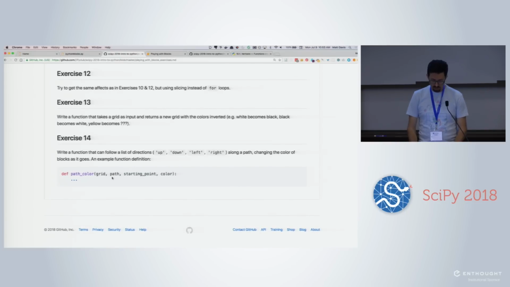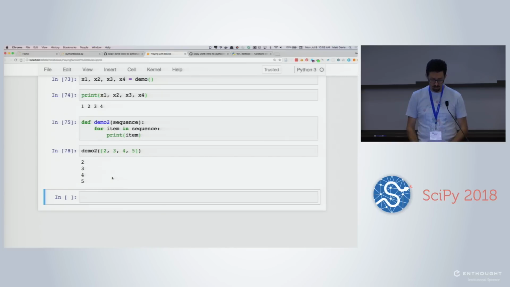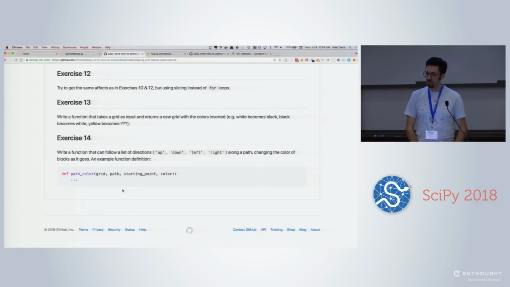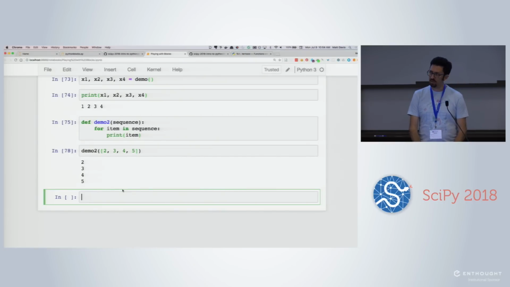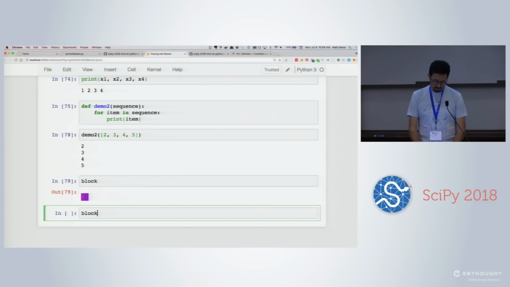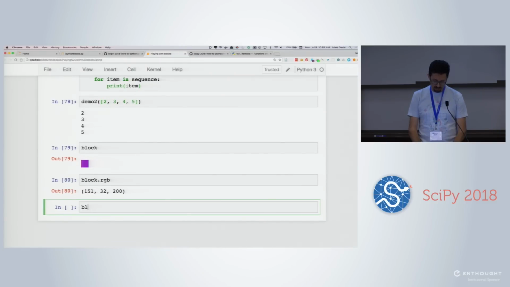So this is going to be a little bit of a longer exercise, but I want you to write a function that takes a grid as input and returns a new grid that inverts the colors in the original grid. So to think about inverting a color, like black becomes white, right? And it might be useful, let's do, do I still have my block? Hey, look at that. It might be useful to know that blocks have